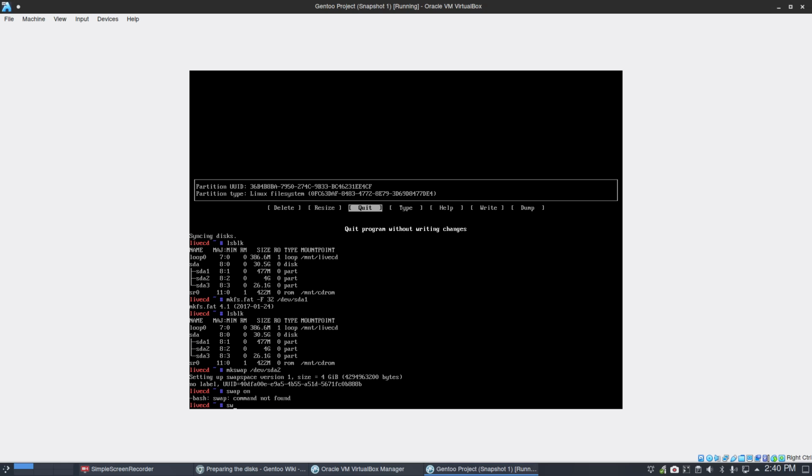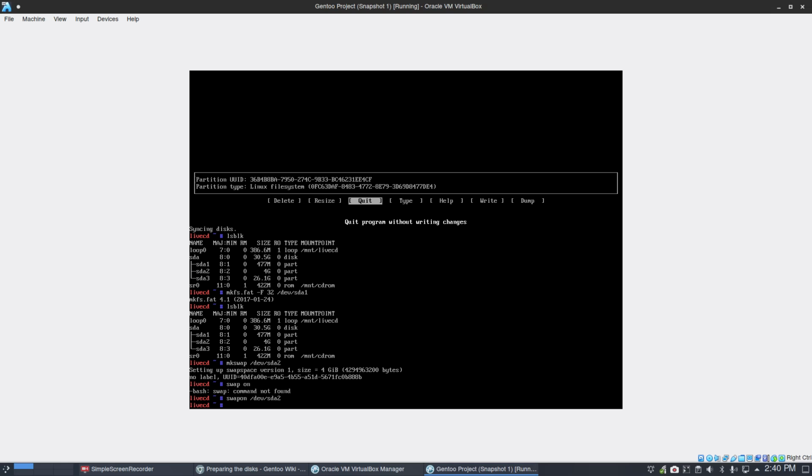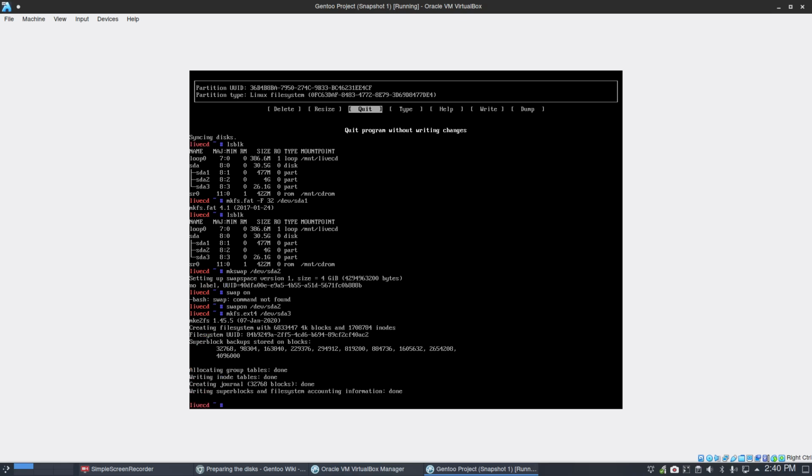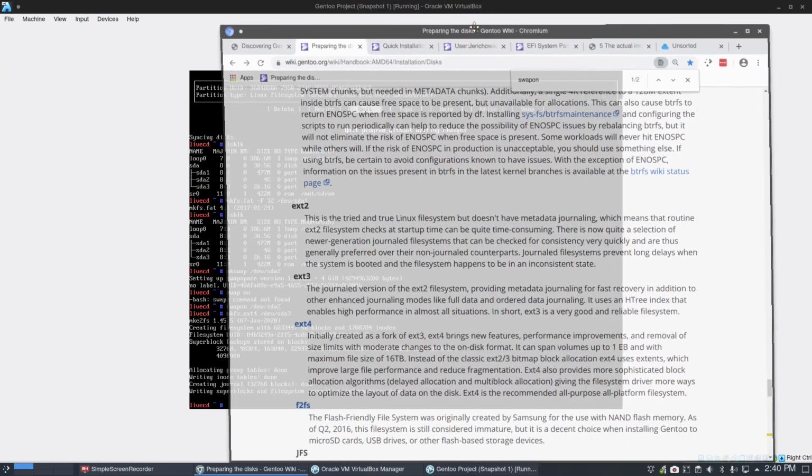Control find swap on. There it is, one word. Swapon device SDA2. Check. And then we're gonna make the file system for ext4, please, on device SDA3. So I've made yet another, well,